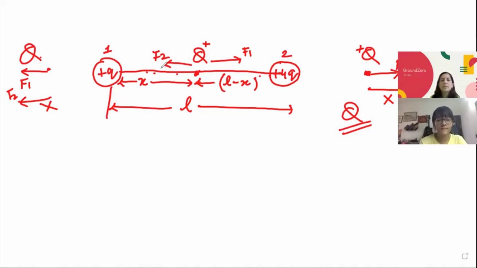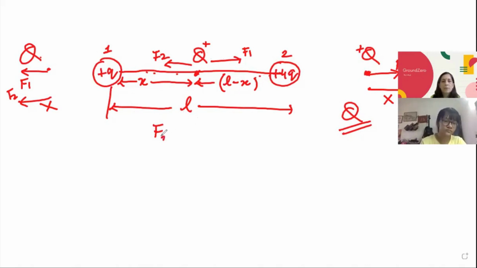Yes. So since we have to balance this F1 and F2, and if we compare, the charge Q is very less in comparison to 4Q, right? So you want the F1 force to be more. If you keep near to this Q, you will find that the force F1 will be much greater than F2, and the two forces will be balanced. So if you are keeping it here, let us suppose at a distance x, then this is L minus x. I have assumed the distance between the two charges is L.